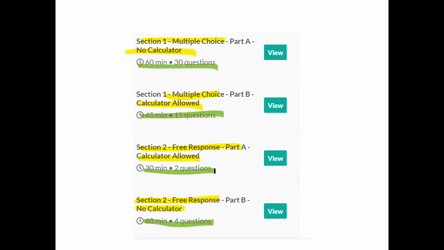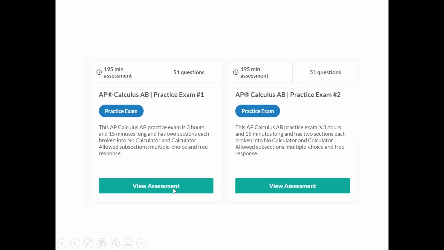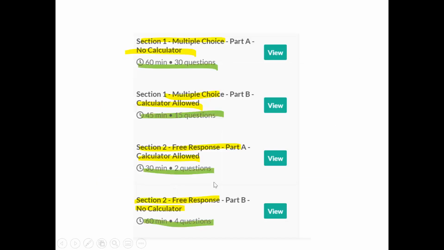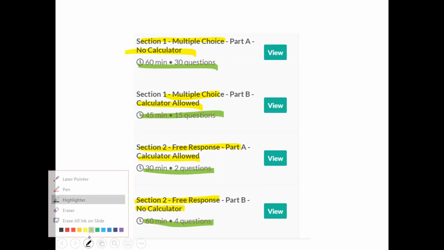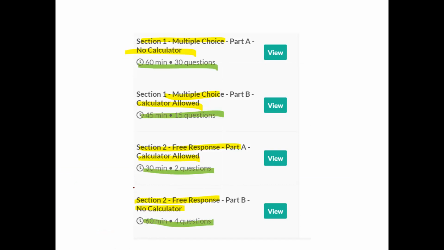Just keep in mind with the no calculator, there are 4 free response questions. So make sure you plan accordingly. Make sure you have enough energy after 2.5 hours that you still have another 60 minutes to go with the